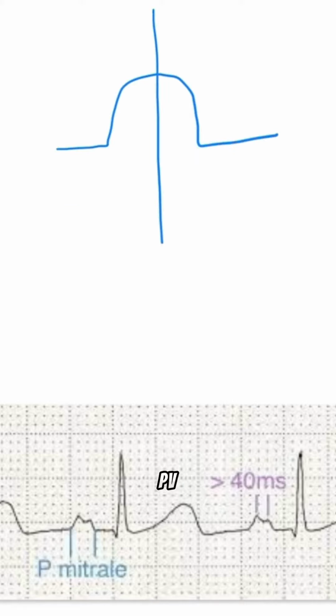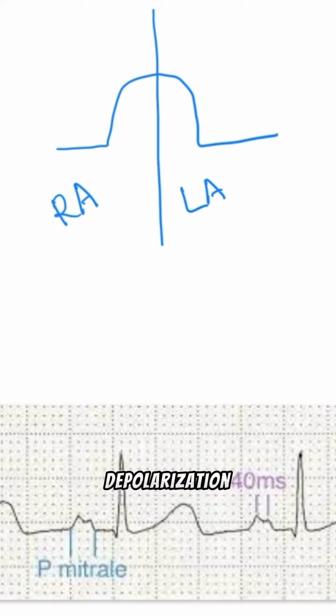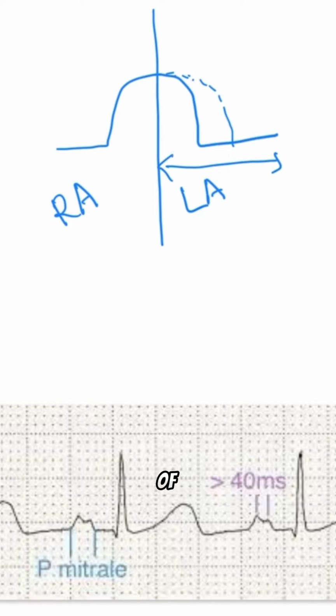When you look at a P wave, the first half of the P wave represents the right atrial depolarization and the second half represents the left atrial depolarization. In left atrial enlargement, the left atrial contraction is longer than usual. So the duration of this half of the P wave will be getting longer, but there will be no change